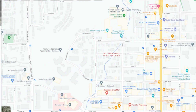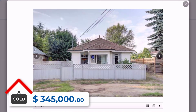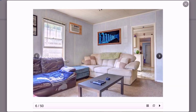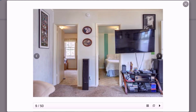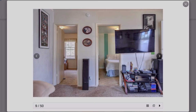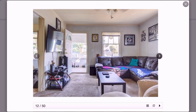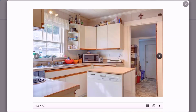Number 9 on our list is 3412 34th Avenue, sold for $345,000, listed at $399,000. Right in the city of Vernon again. This is a 2-bedroom, 1 bathroom little house. And as you can see, it must have a pretty small living room because the TV is actually too big for the wall and must cause some issues getting into that bedroom, I would think. Here's another shot of that nice TV. And another shot. The Recreation and Aquatic Center are a mere 3-minute walk away, and these are some of my